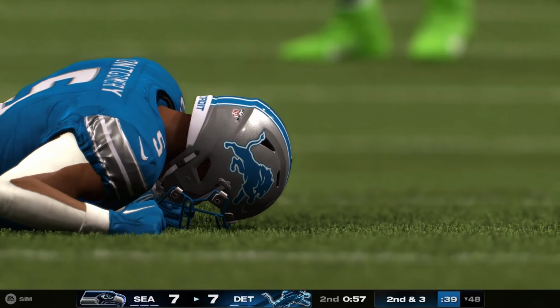On play action, Goff. Oh, a lot of chances on that one. It was bouncing around, but it falls incomplete. Amon-Ra St. Brown, the receiver he was trying to target. And now it's going to be 3rd down. So as halftime looms, Mike, they have to find a way to capitalize on this drive right here and make sure they end the half with some sort of points. Now, that incompletion, not ideal, but at the very least, it's...